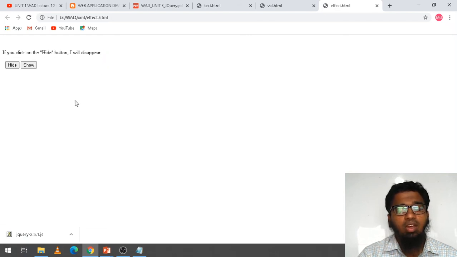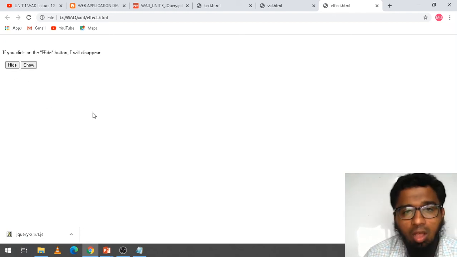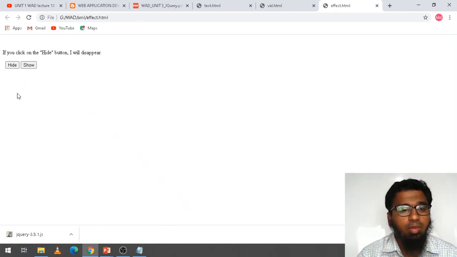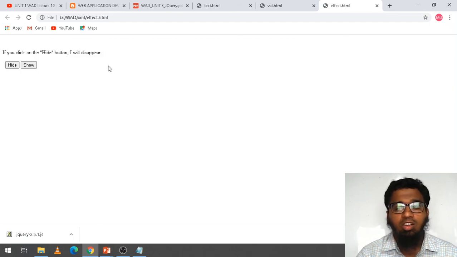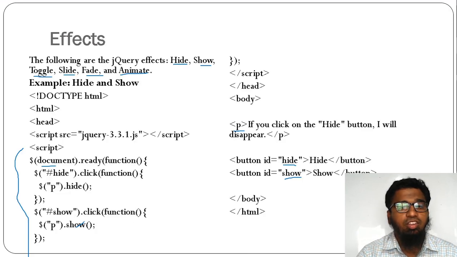So in this manner, you can make things appear and disappear in the website. Sometimes you will have such kind of things, whenever you click that box, text box, that image or paragraph, anything, it should be hidden, like this, hide. If you want to see what things are there, when you click show, it will display. Okay, so this is about some of the effects available in HTML.